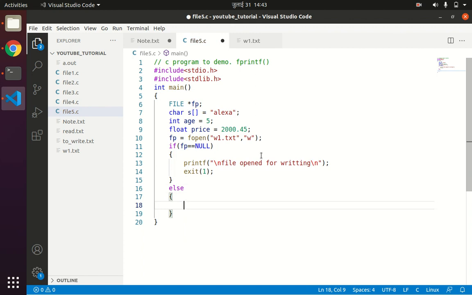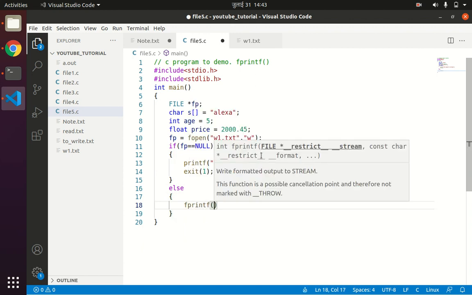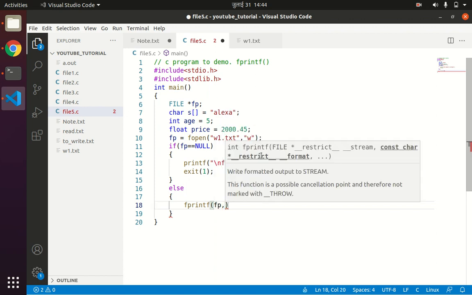Since it is about the fprintf function, you can see the syntax of the function: first we need a file pointer, then we have a format string, then the variable name. So first the file pointer will be fp. After fp, whatever syntax we follow for the printf statement, the same syntax will be followed for the fprintf function as well.